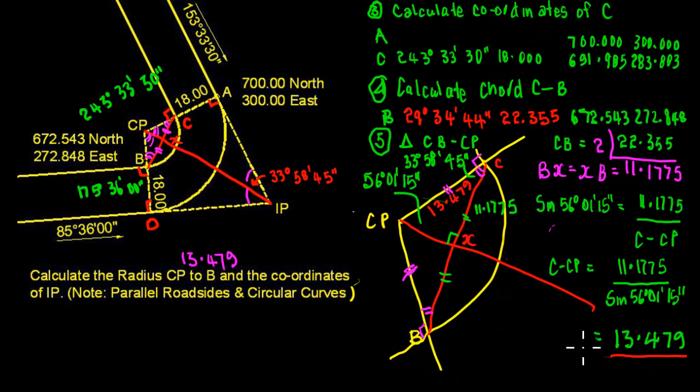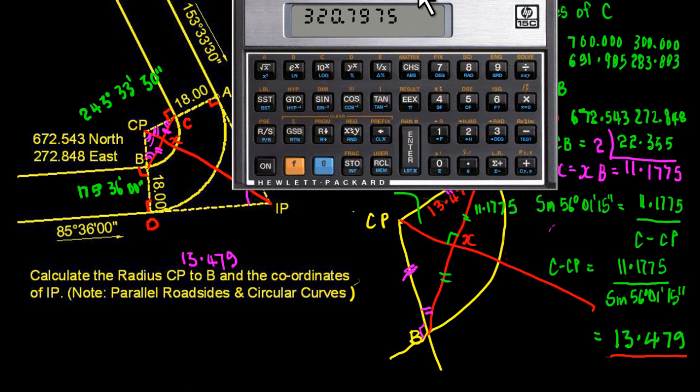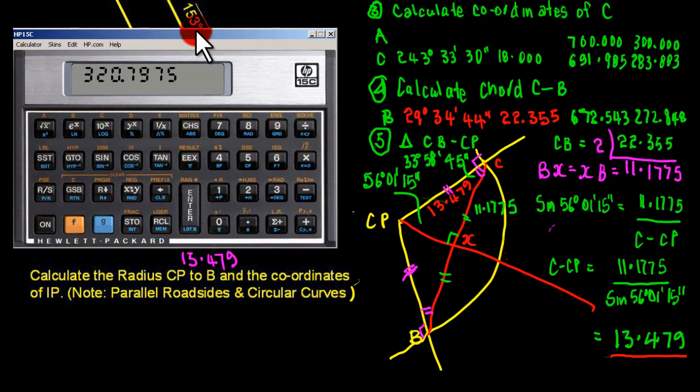Alright, moving on, we're now going to calculate the coordinates of C. We have the coordinates of A, we have the bearing 243, 33, 30, and we know that the road's 18 metres wide, so we can calculate the coordinate of C quite easily. And here I'll just get the 15C calculator up. I've got that coordinate